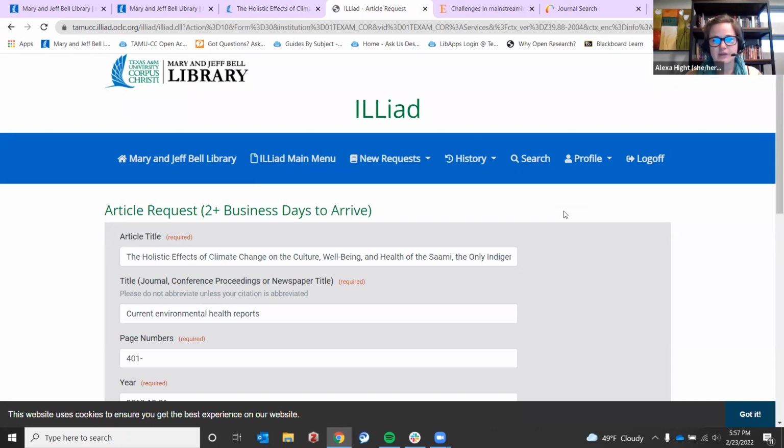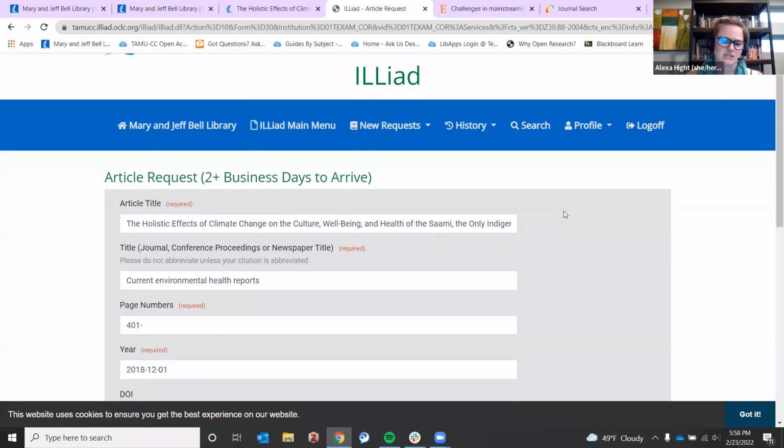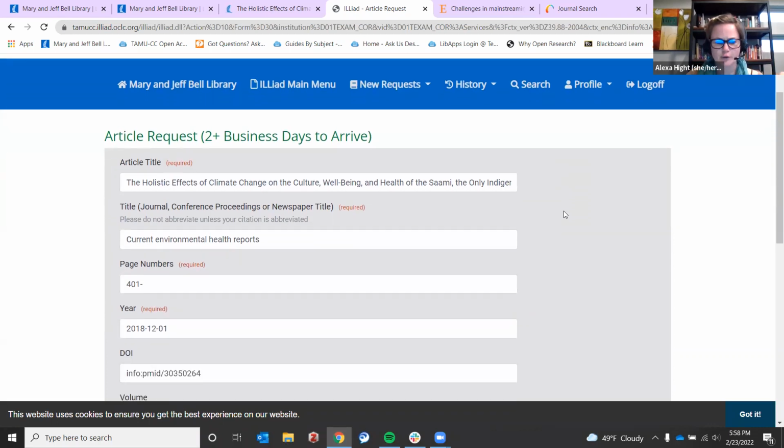If you haven't used Interlibrary Loan before, you'll have to set up a profile. But once you've set it up, you shouldn't have to change your password or anything like that. It should just be your Blackboard login. We did just update our Interlibrary Loan, or ILL, offerings. So if you have used Interlibrary Loan before, you might have to just update your profile. It's just going to ask you questions as to whether you want to pick things up on campus or have them shipped directly to you. If you have questions about that, let me know.